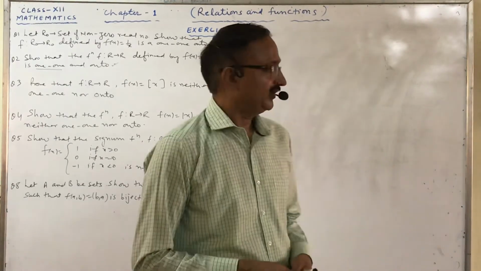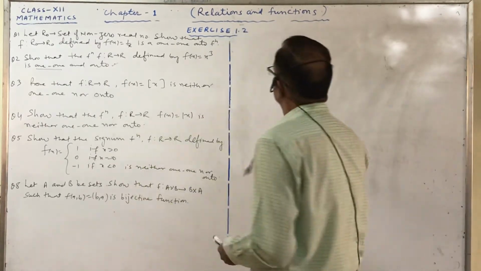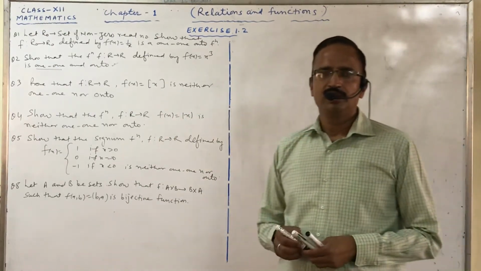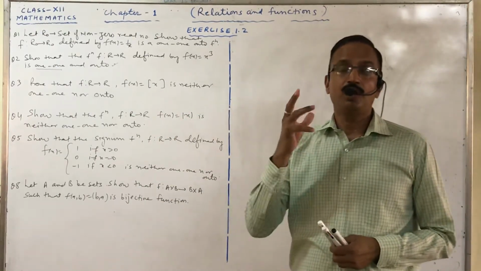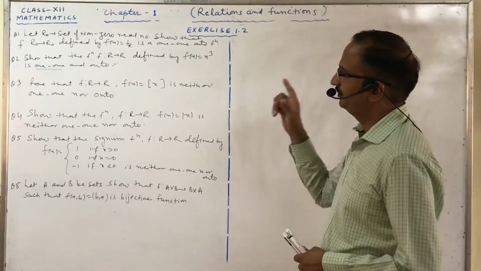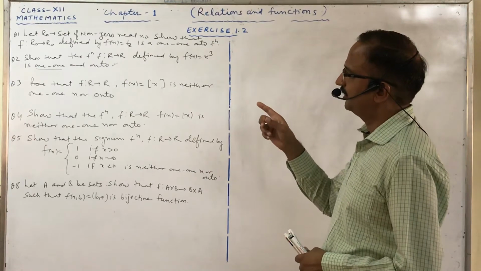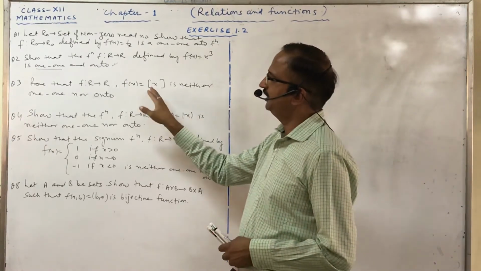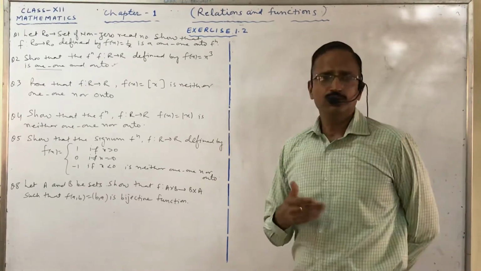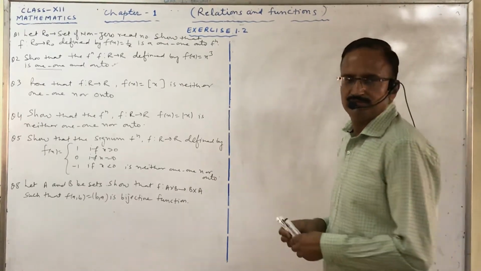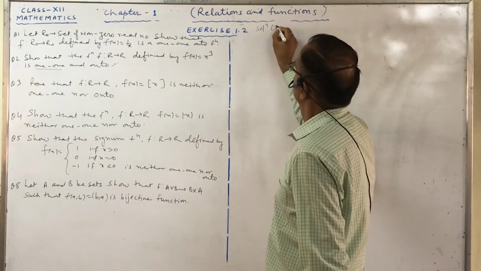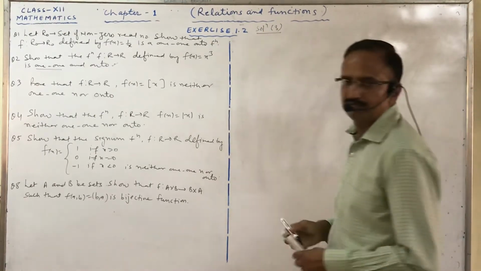Okay. Now for this we will write some counter examples. With the help of those counter examples only, we can prove that this is neither one-one nor onto. This is solution number 3. In this,